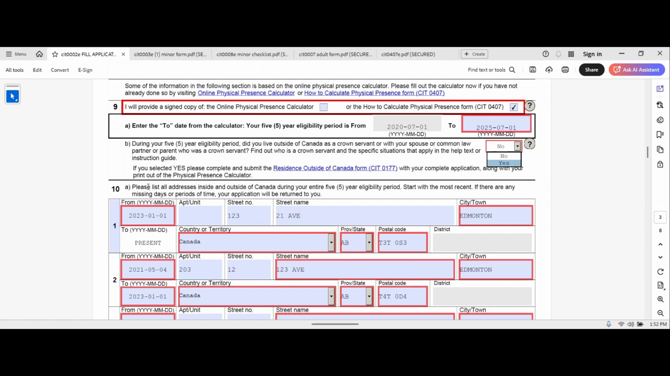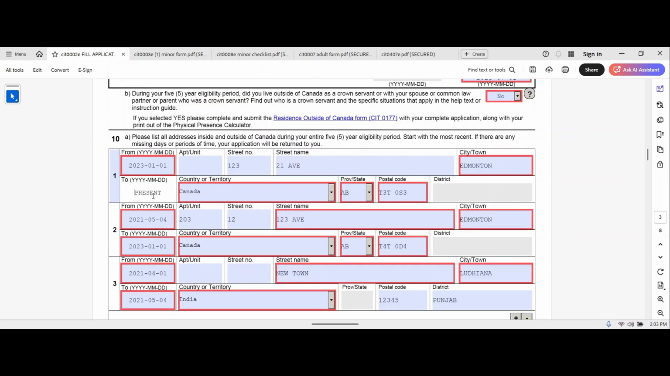Please list all the addresses inside and outside of Canada during the entire 5-year eligibility period. Start with the most recent. This is my present address. Here the last day would be the starting day of my previous address, which is